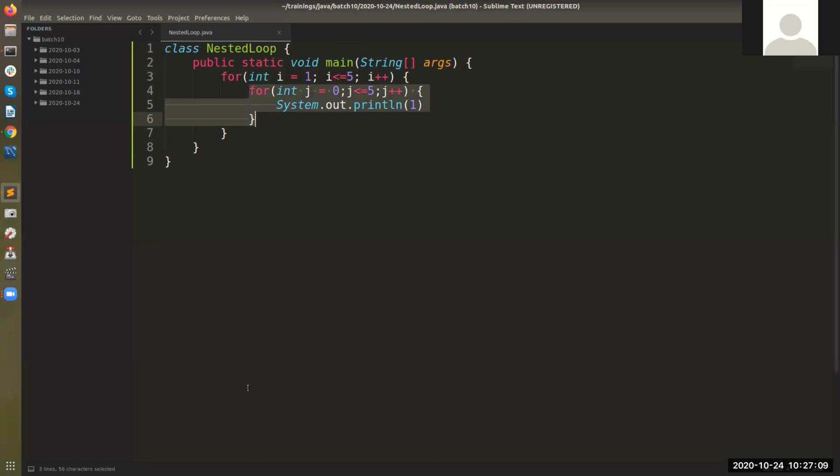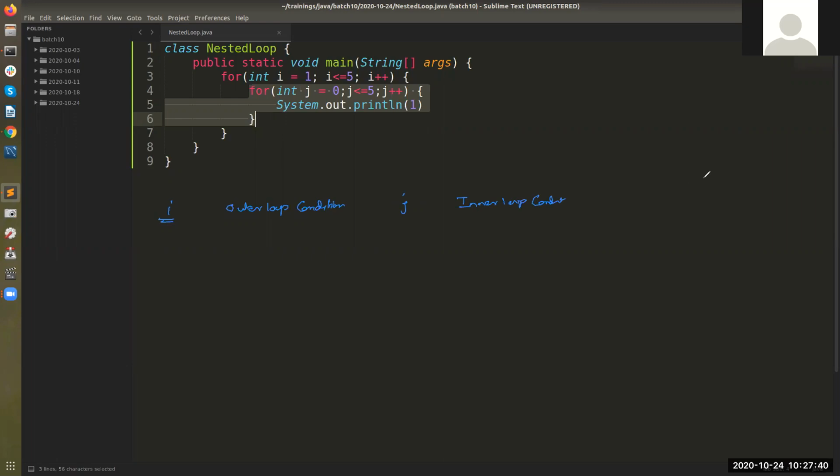So let's make a quick dry run table over here. The value of I and the value of j, right? Let's clear it first. Here I have the outer loop condition, the value of j and the inner loop condition.